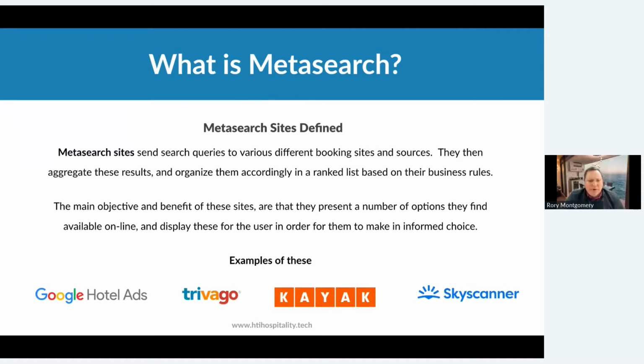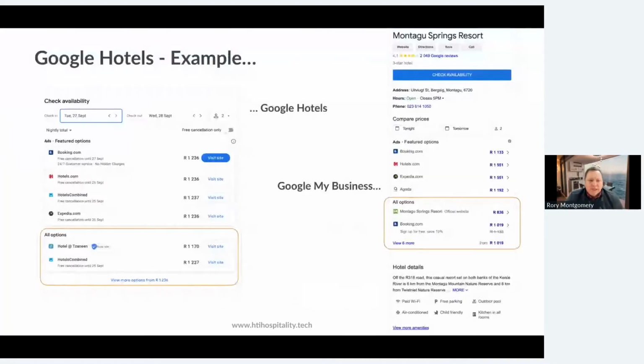This is just a brief example of Google Hotels. I'm sure you've seen it. So Google Hotels is on the left, when you click through to a Google Hotels window. And I can show you a brief example of what HDI does at the bottom, which is not the paid ad section. They've allowed a free booking link at this present time, and I'm not sure how long it's going to last. It might not last forever. It might eventually also become a paid feature.